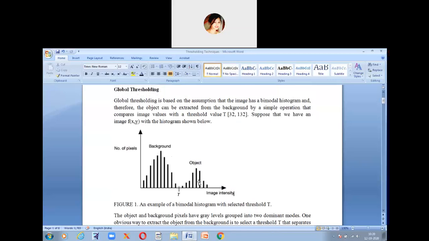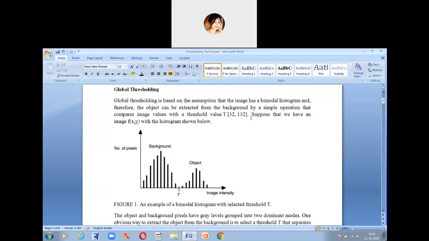One is the background, one is the object, and the object can be extracted from the background by a simple operation using a threshold value T of 32, 132.